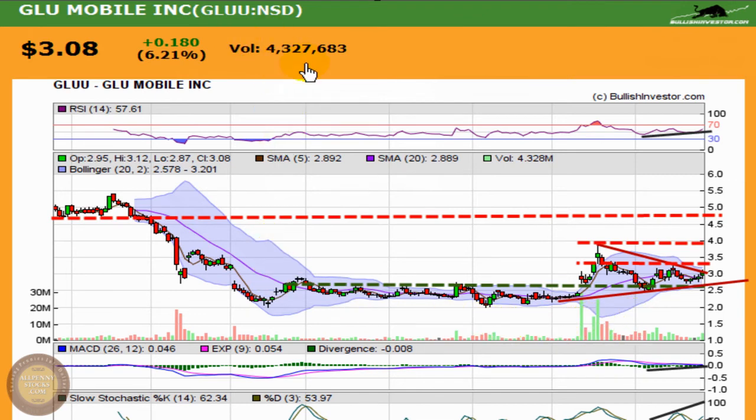There's plenty of liquidity in this play. 4.3 million shares traded on Tuesday, which was definitely an uptick over previous days, but then again falling somewhere right around the average volume over the past few months. In any technical breakout, I'm looking for volume to stay strong as resistance points are broken to further validate the upward pressure. Those are the type of things that I'd be looking for in the GLUU chart,